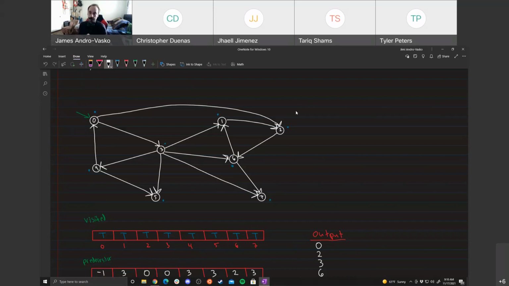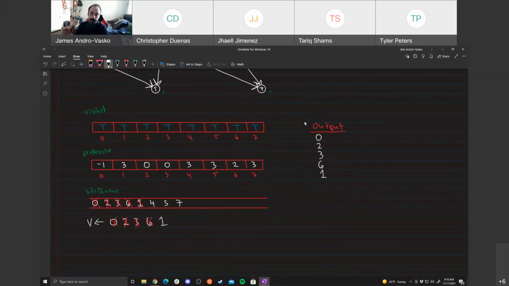So the idea is that because of how breadth first search works, when it discovers a node for the first time, that's actually the best possible path. That's the shortest path to that node. Because we process nodes level by level, the first instance we find a node, that's the best possible path. If you find another path later on, it can't be better. That's the proof of why breadth first search is going to work. Why it always gives us the best path. Anyway,